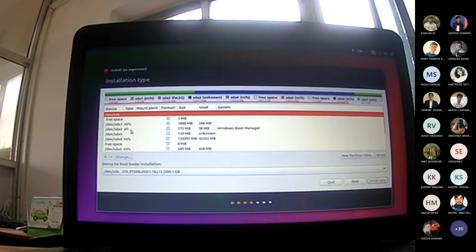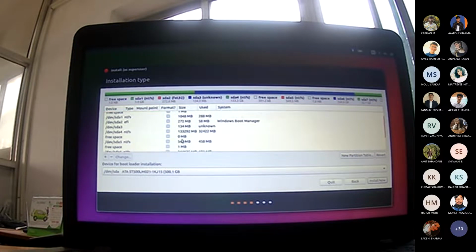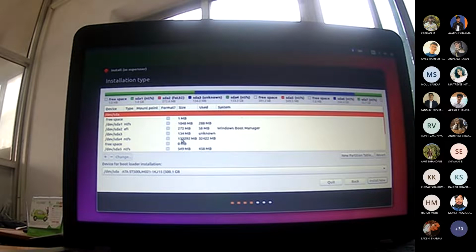If you go to something else, there you have to manually partition the hard disk. So there is a risk that you mistakenly delete the Windows file system, and it will get corrupted. Then you have to install Windows again, then Linux. So the best way